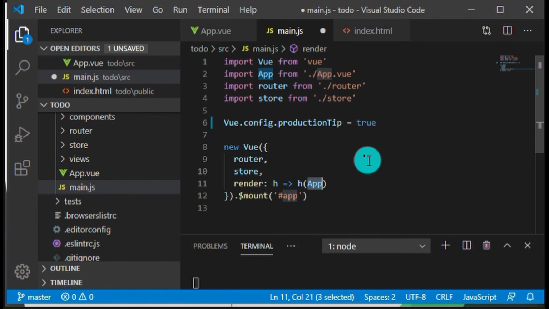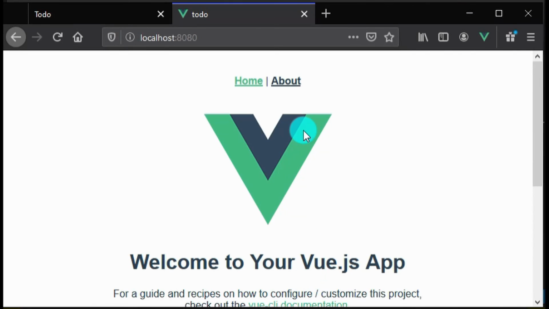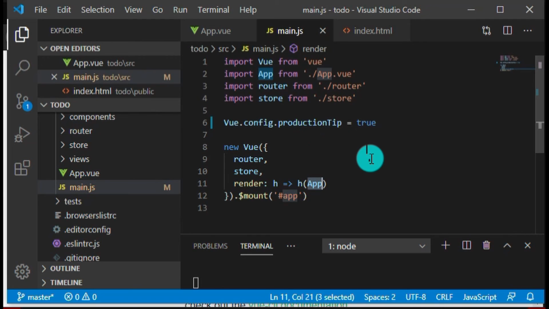Okay. So now when you save, you see that it just rebuilds. Anytime you save, it just rebuilds, and then it will reload your page here. You haven't seen anything just because you haven't done anything, and you haven't seen the effect of the production tip, but you'll see it very soon. Okay, so let's quickly